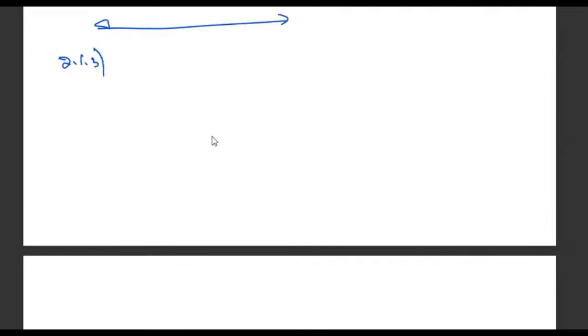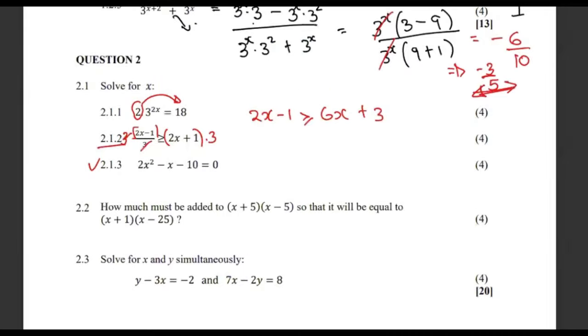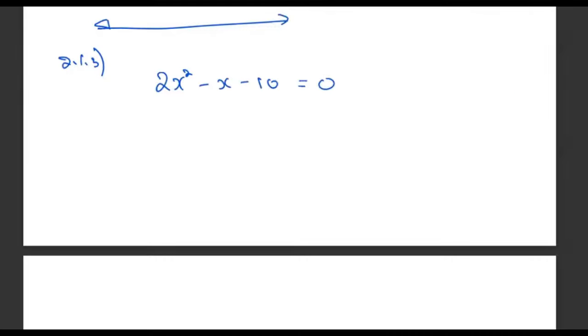2.1.3, 2x squared minus x minus 10 is equal to 0. Okay, so this is a quadratic equation. So same story, we can factorize, okay? Product, sum, or you can just use your factors straight away. So for me to get 2x squared, I need a 2x, and then I also need x here. Now for me to get a 10, and then a 1 here,